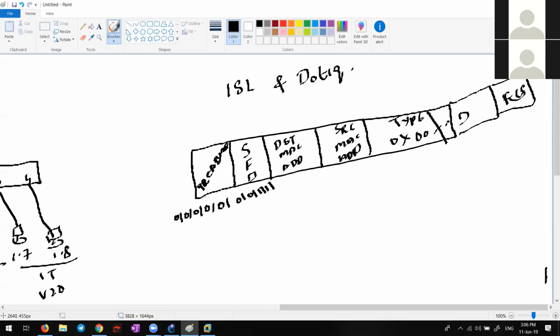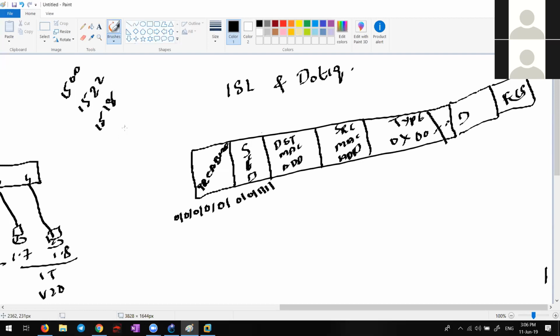Because the maximum size of the packet I mentioned yesterday, right? What can be? 1500 plus layer 2 header. Maximum 1522, including the .1q header, correct? But normally, without adding the .1q header, what is the maximum?